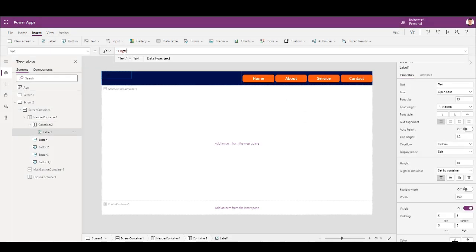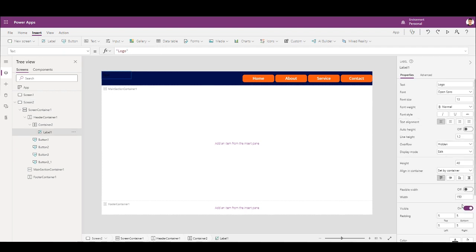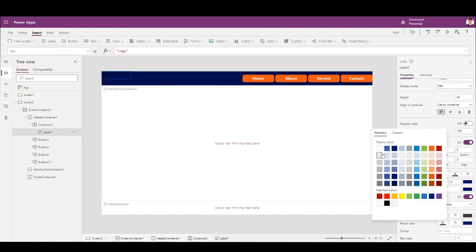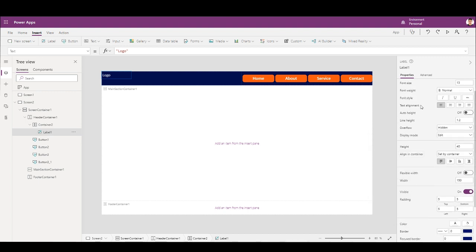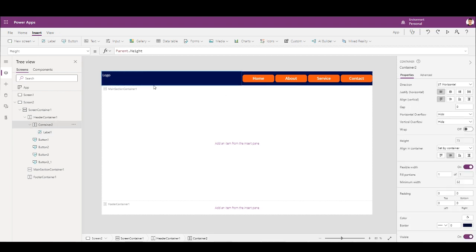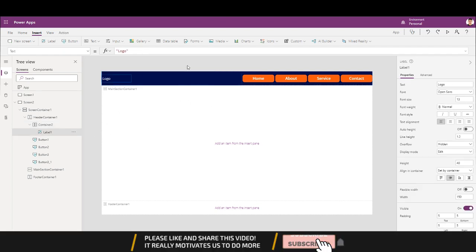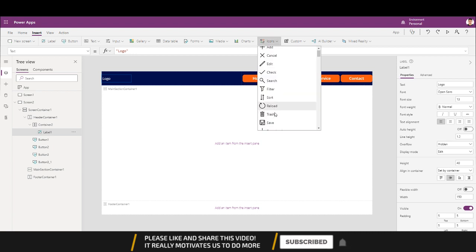Just type logo. You can put an image here depending on your app. Color white, and I want this to be aligned something like this. And after this logo I want a burger menu to appear.